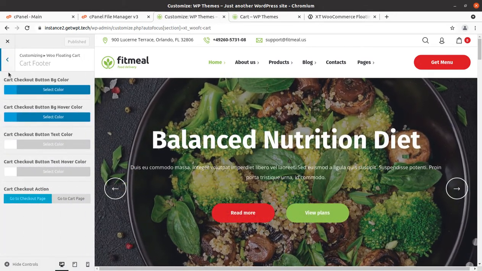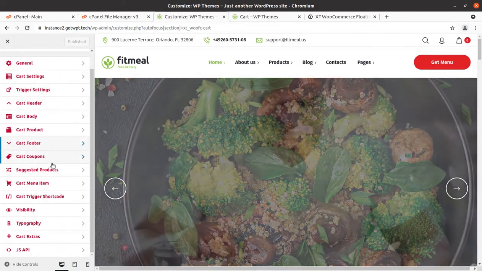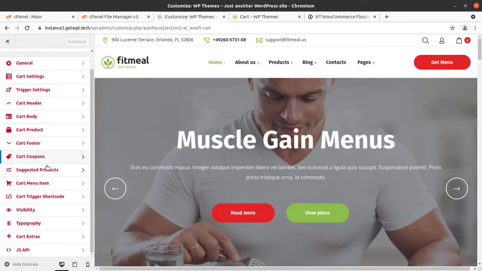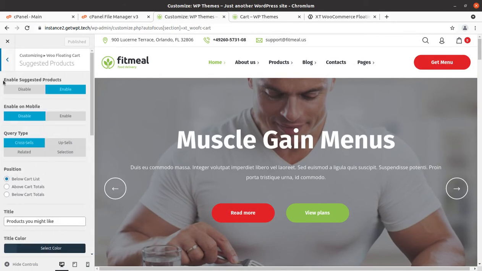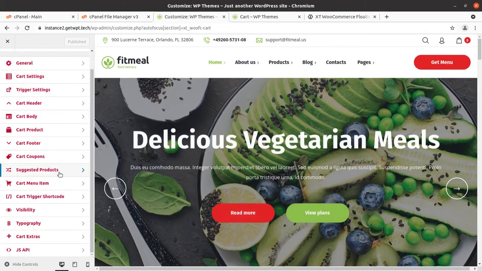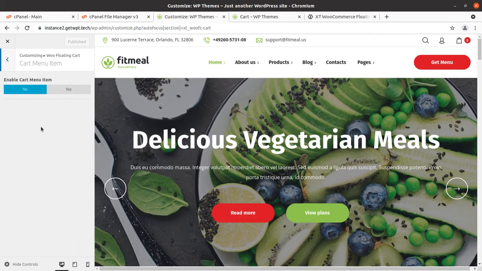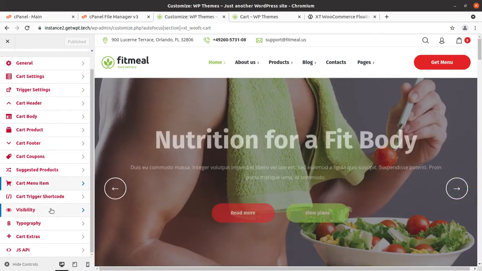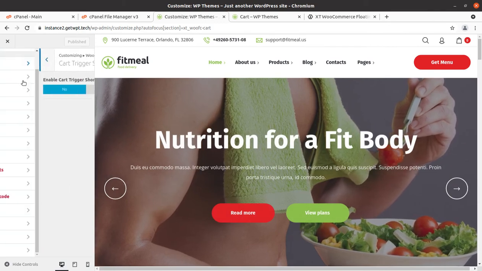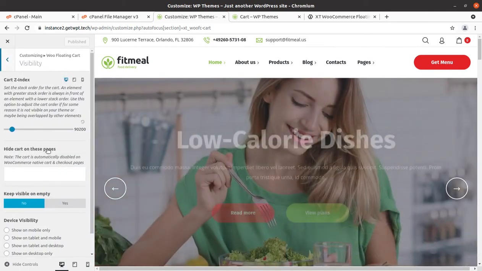Cart footer, you can change. Cart coupons, enable cart coupon form. Suggested products, and cart menu item. Cart trigger shortcode, so everything is available here.